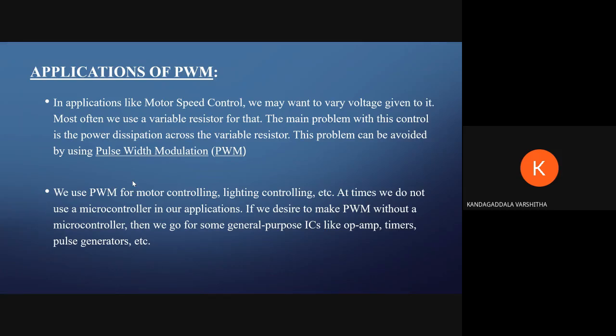Let me conclude on pulse width modulation. Pulse width modulation is designed using a 555 timer IC. The frequency of the pulse width modulation can be set by changing the values of resistance and capacitance. The duty cycle is also varied by varying the resistance of the potentiometer. The circuit response time is very fast and hence we can achieve very high reliability. The designed circuit was tested for various frequency inputs.